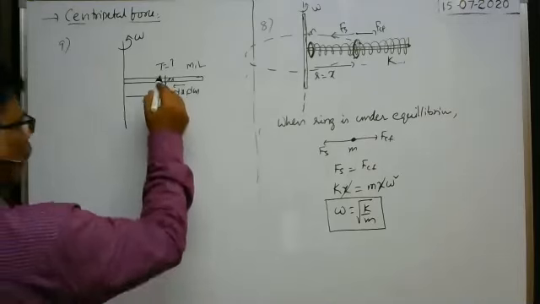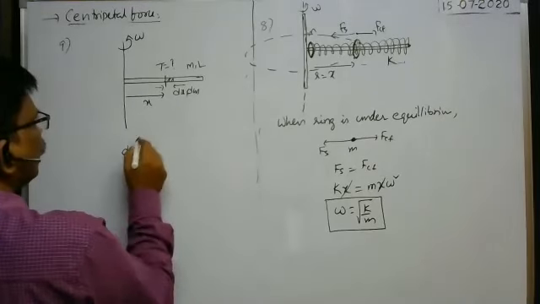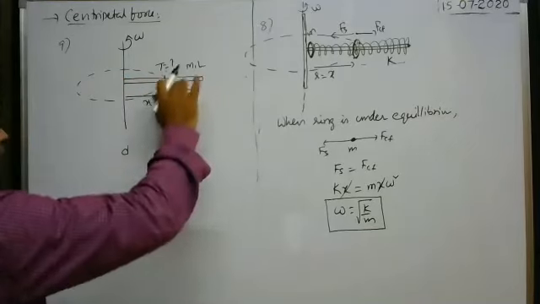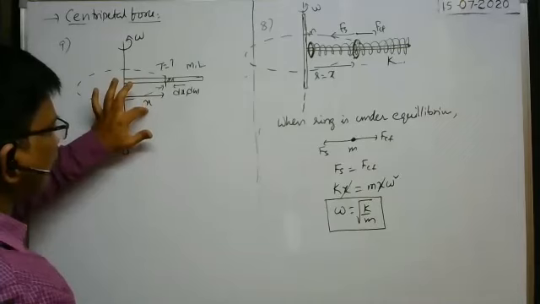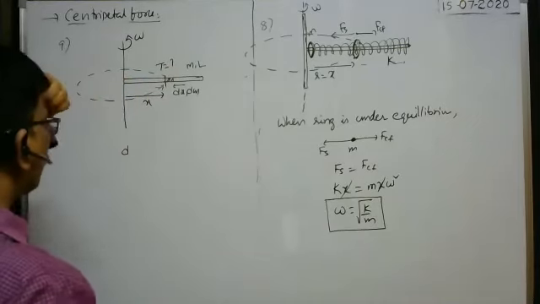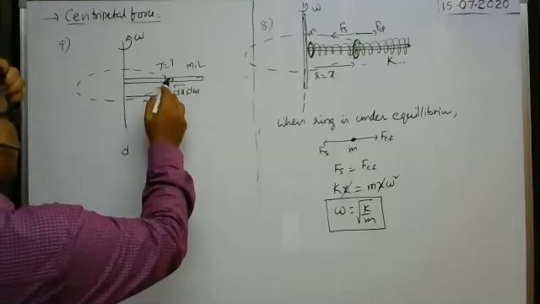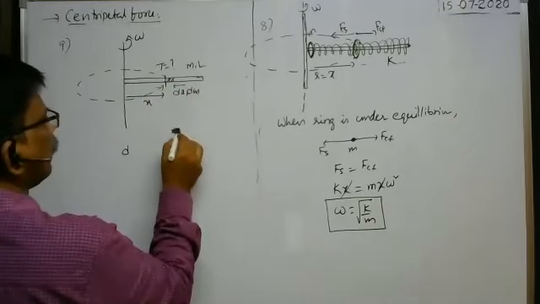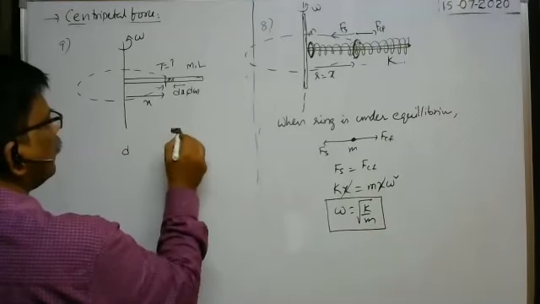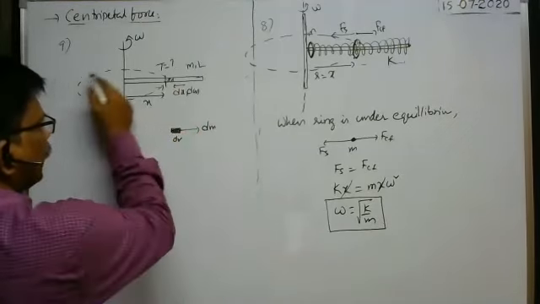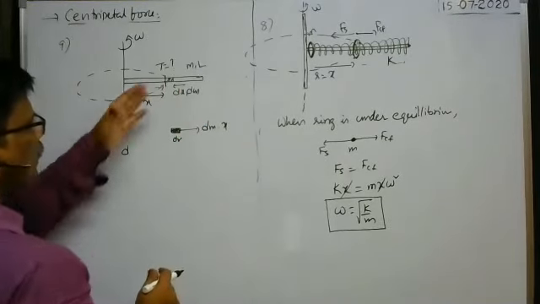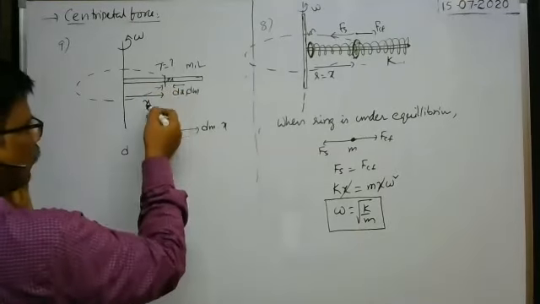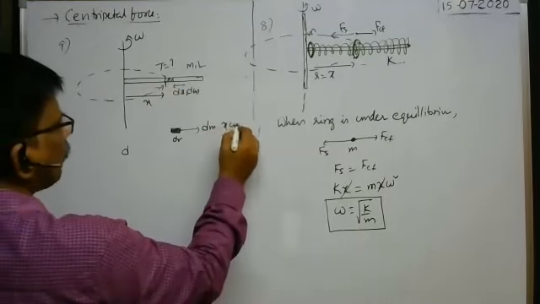So first of all, what is the tension at this point? Due to this element, when the rod is making rotations like this, the element which is at a distance x is also making rotations in the horizontal plane. Then what is the centrifugal force acting on the element away from the center? Here you see, this is the element having length dx. The centrifugal force is dm into the radius of the circular path, which is x, because this element is at a distance x from the axis of rotation. That's why the radius of the circular path of this element is equal to x. So it is dm into x into angular velocity squared.